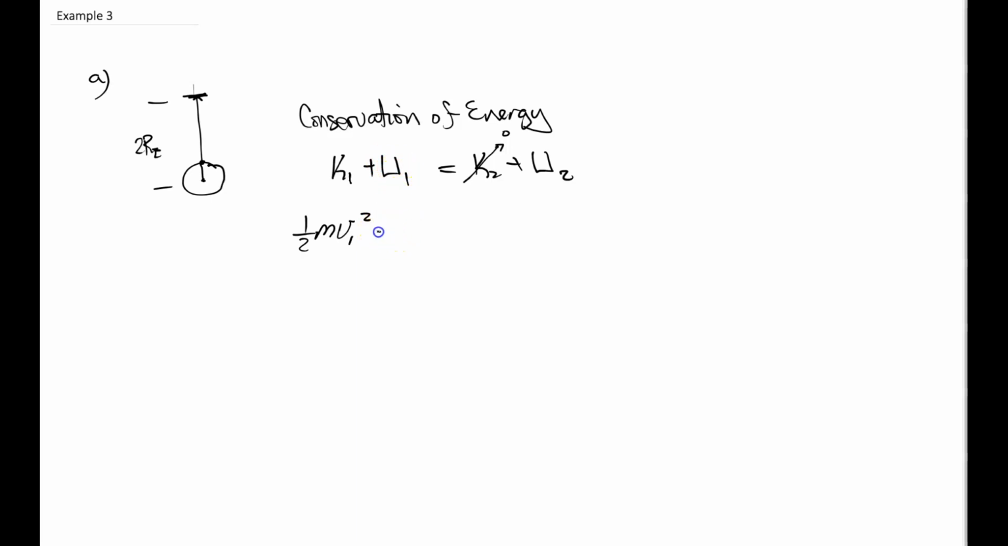The potential energy is minus G, mass of Earth, mass of object, over the distance when it's released from the Earth's surface, so there's only a distance of r sub e from the masses. That equals 0 plus a negative G, mass of Earth, mass of system, over the distance at the highest point, which is twice the radius of the Earth away. So this tells us that 1/2 mv1 squared equals